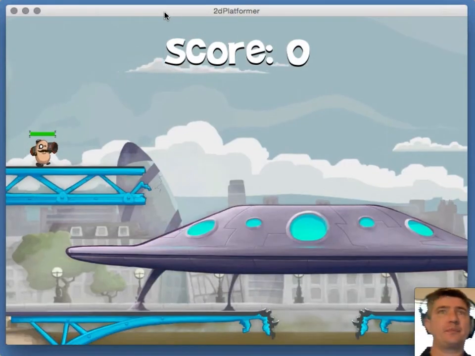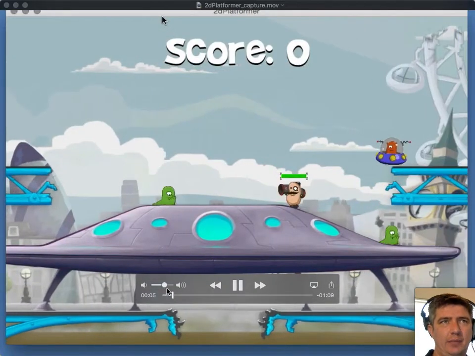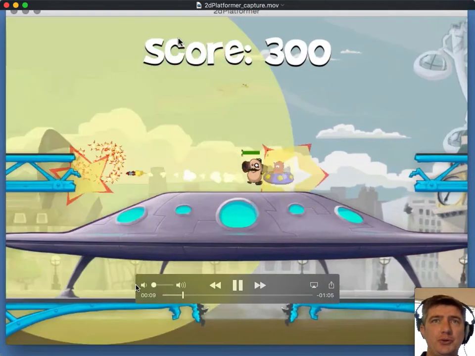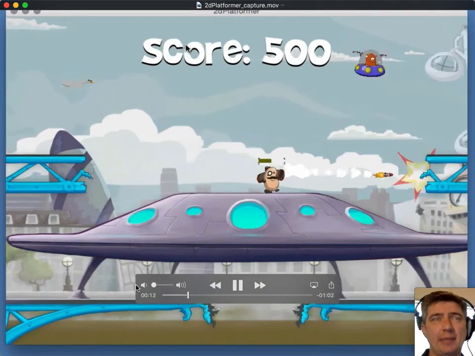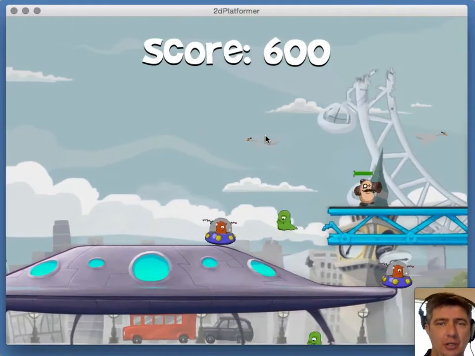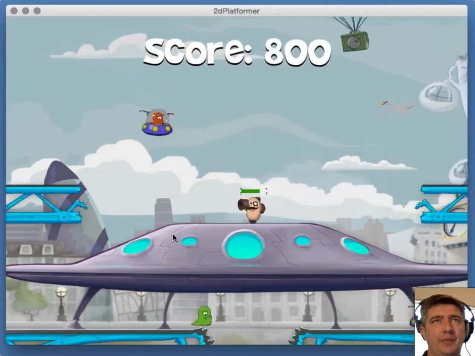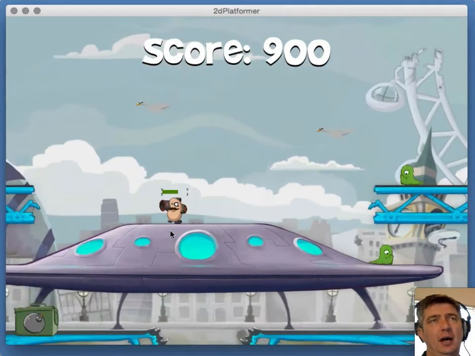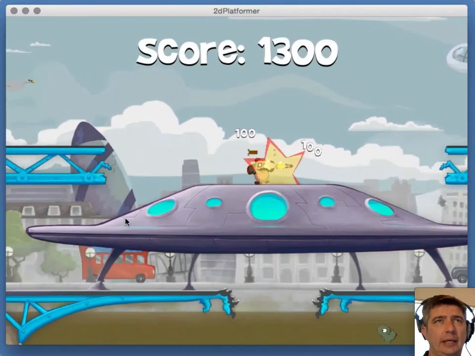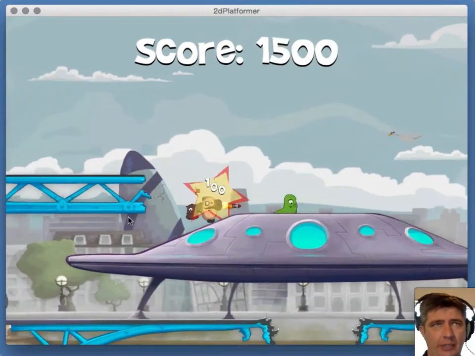All right, so as you can see, the game is a pretty ridiculous concept overall. Again, the game is called 2D Platformer. It is made by Unity Games. They make the game technology that is used to create the game, and this is one of their demo projects. It's called 2D Platformer because it is a 2D game, meaning it only goes left and right and up and down. You don't go into it like 3D.